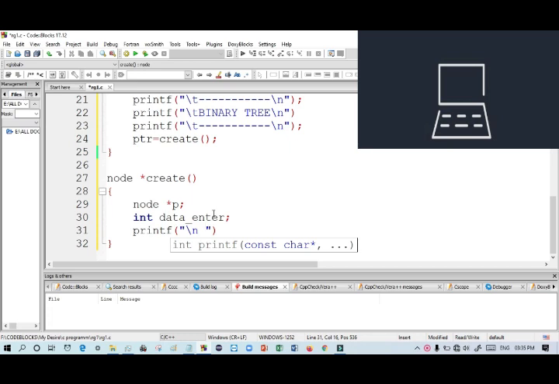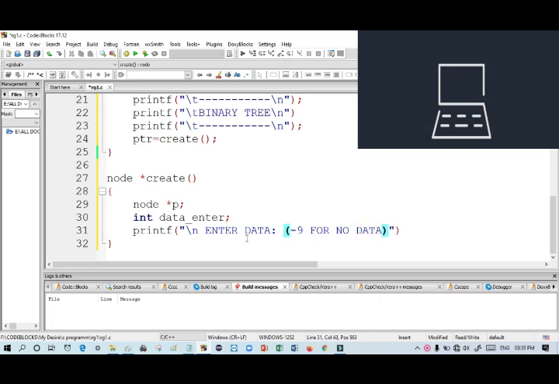It will become the first node. Okay, then enter data. Then I want to write here -9. -9 will be used for no data. You have to remember, -9 will be used for no data.